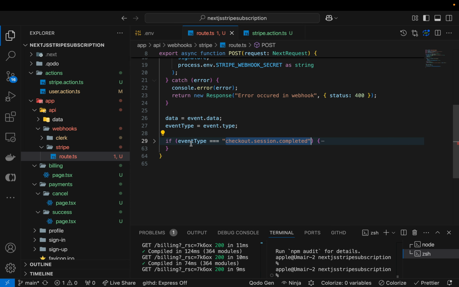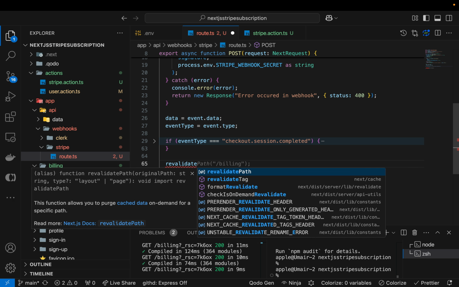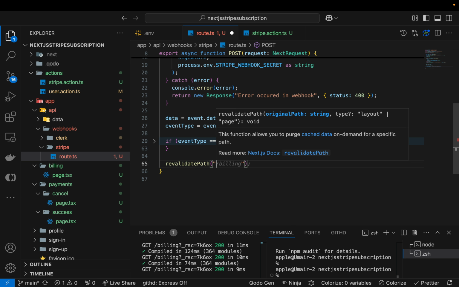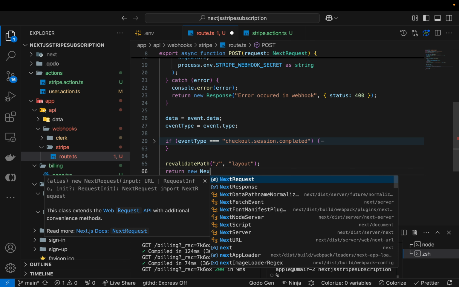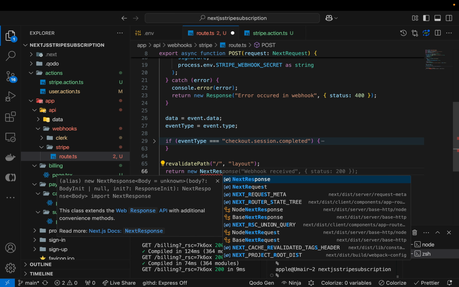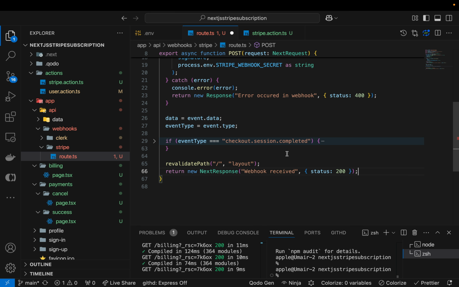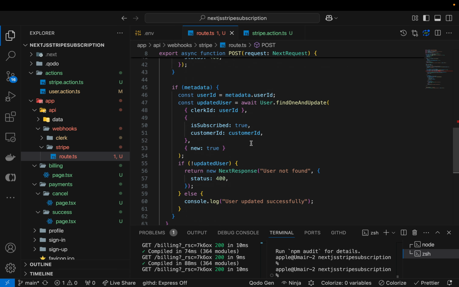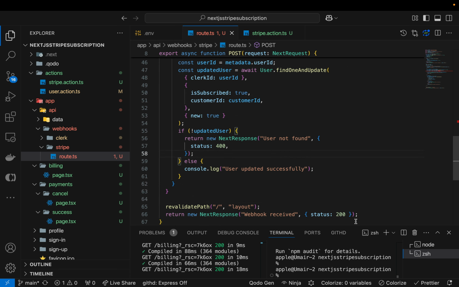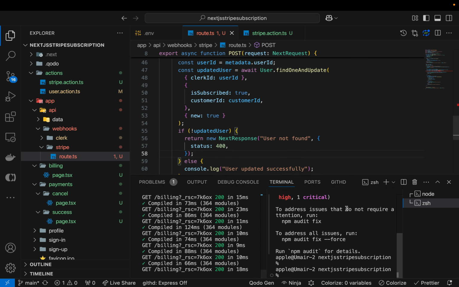So let's go outside this if block and I can write revalidatePath, and let's do it like this, and layout. So all the routes within the layout are going to be revalidated. So return new NextResponse, webhook received, with the status code 200. All right, I hope that this is going to work, but in order to test it in the local environment,